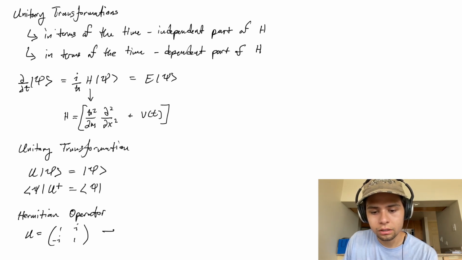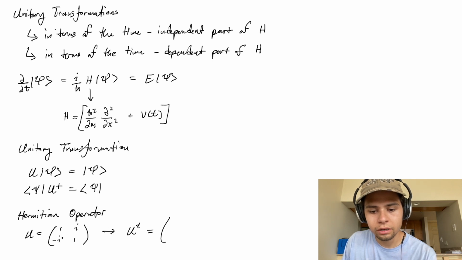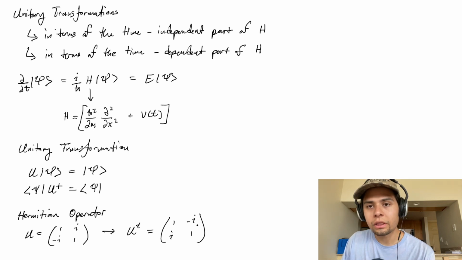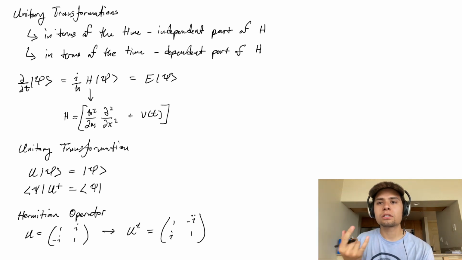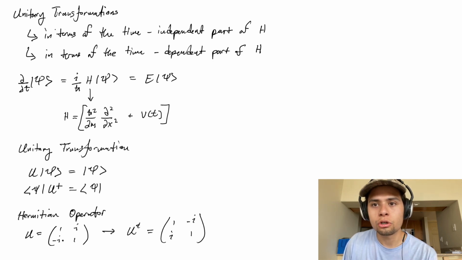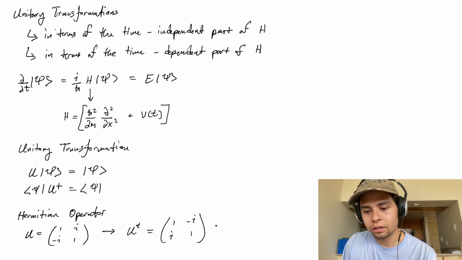And if we complex conjugate U, we just take all the complex elements in here and complex conjugate them. So this is the complex conjugate of U. And then if we transpose the complex conjugate of U, we get U back. In other words,